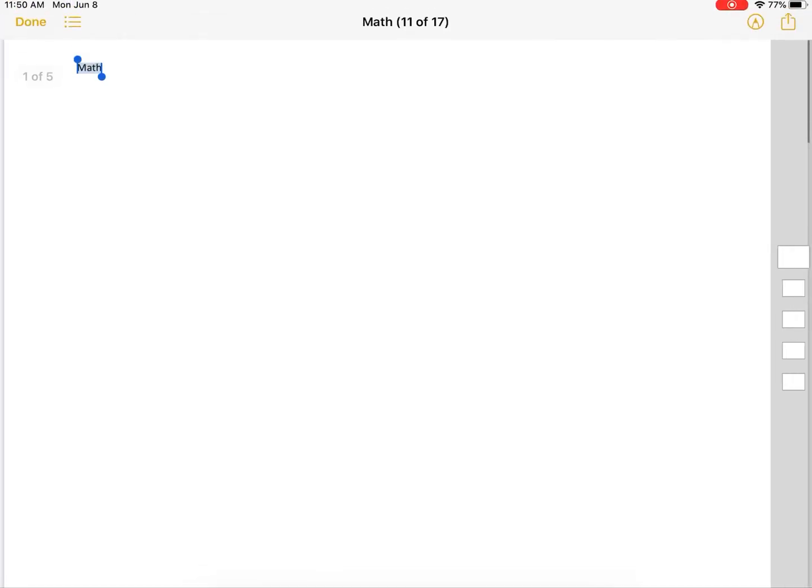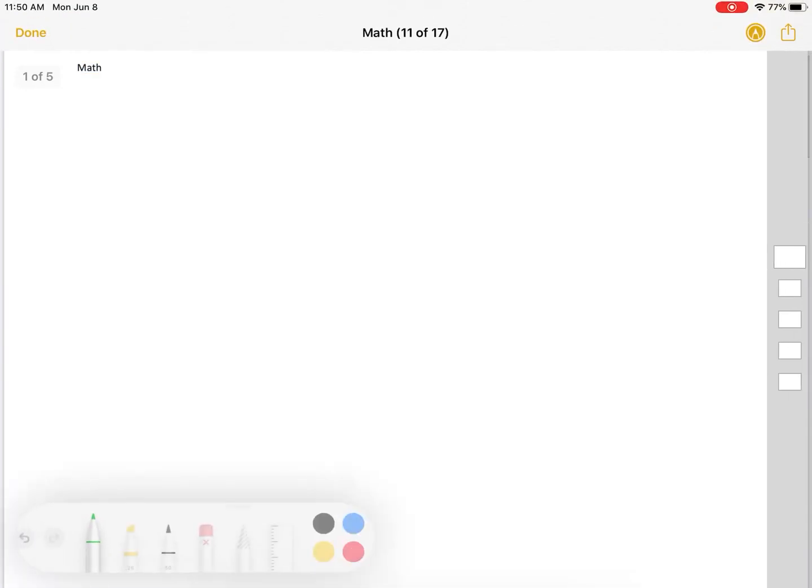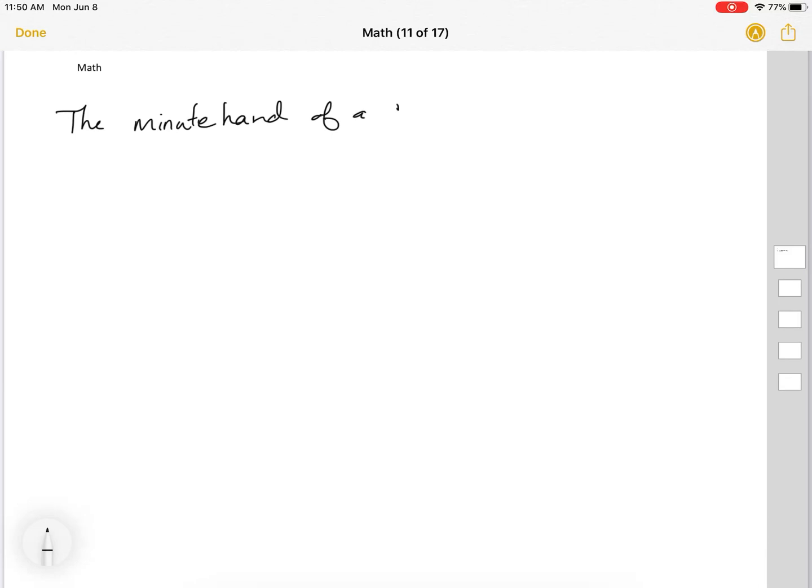Fill in the blank for your response. So I'm not going to do that exact same question, but I'll do a similar one. I'm going to do one where the minute hand of a clock is, well, the minute hand is always longer, right? So let's say the minute hand is 8 centimeters long